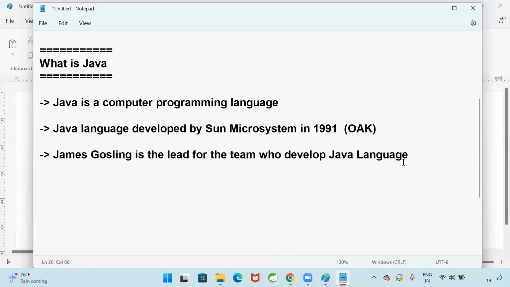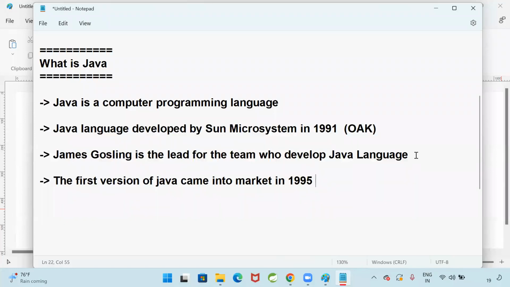So now, the first version of Java came into market in 1995. Now, after that, in 2010 or in 2011,